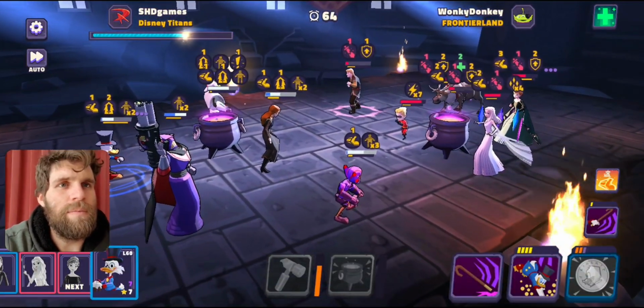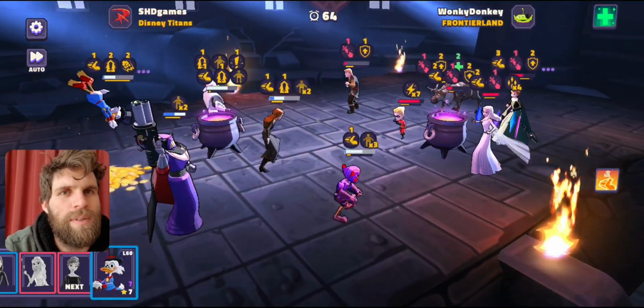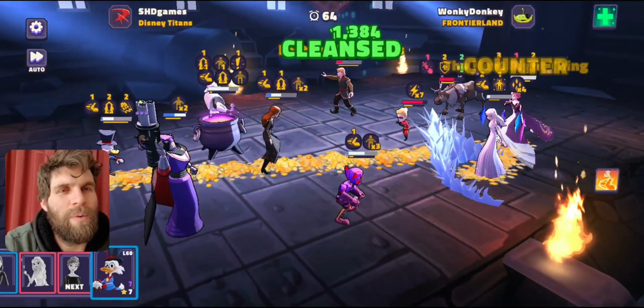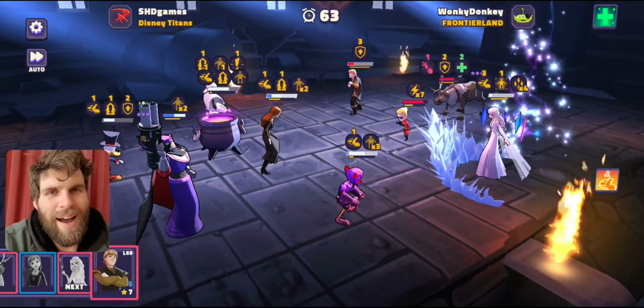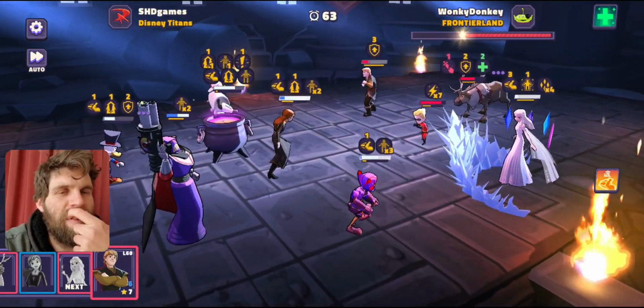I'm going to go here for... Okay, I'm going to go for Elsa. 19, whoo! I wish it didn't take out the pot. Now, that is the one thing I had a risk of. Yes, steal it. Goodbye, Anna. Perfect. Now